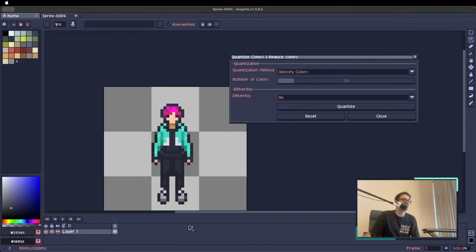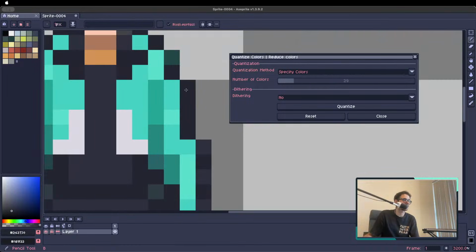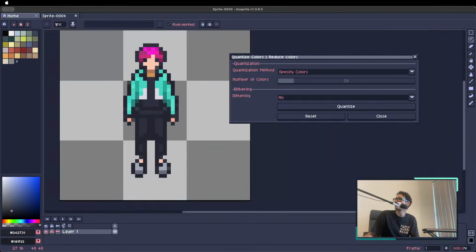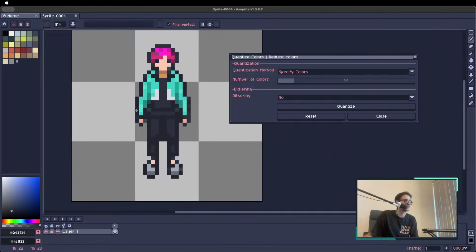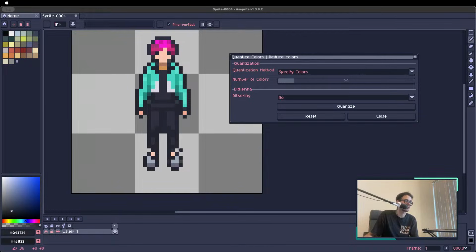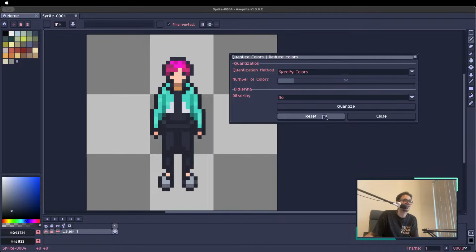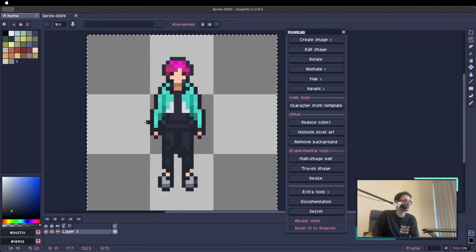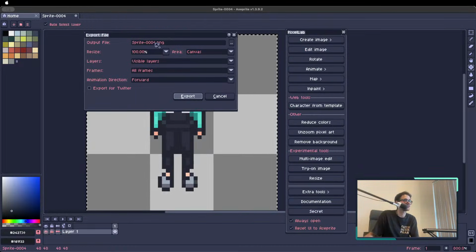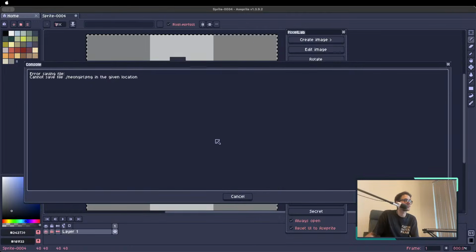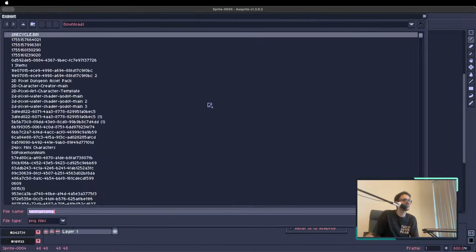Like I said, you don't have to buy Aseprite, but you can definitely buy it. You can also use Pixelorama, which gives you the same functionality, just a different interface, a little bit different. But let's export this